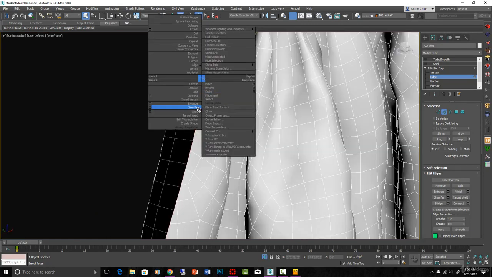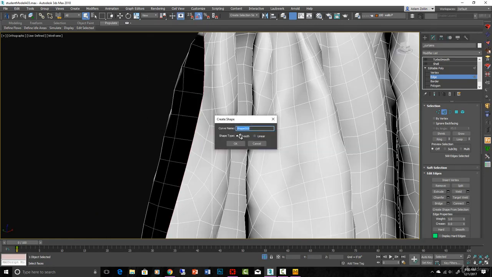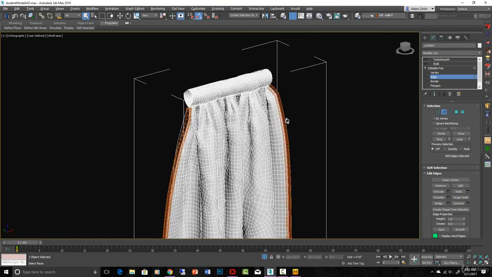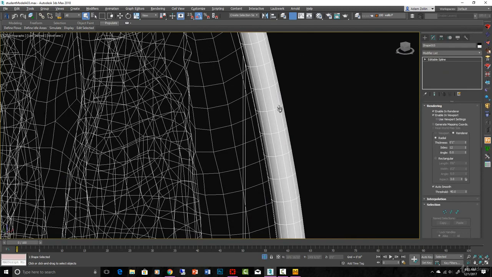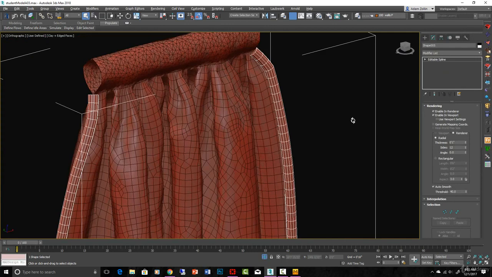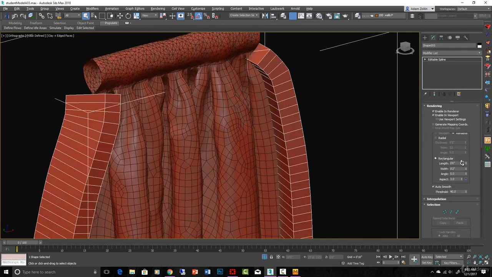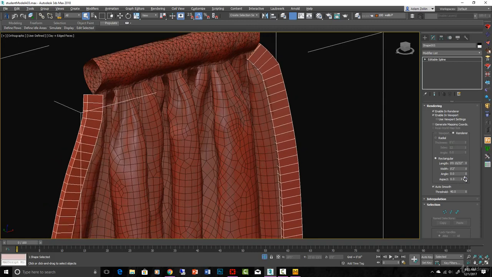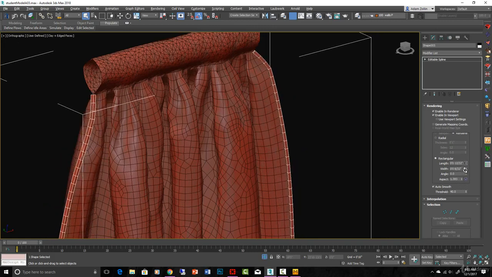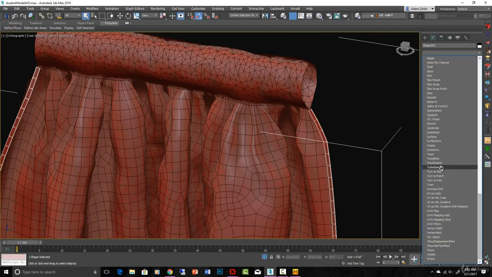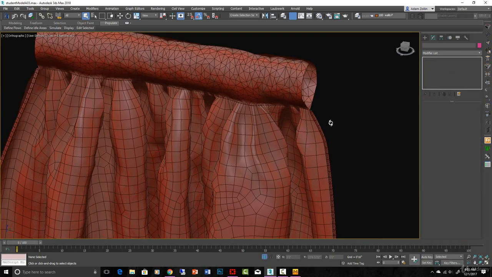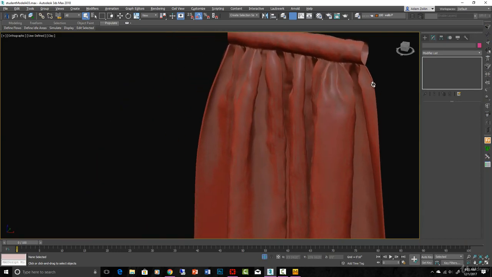Okay, and then from there you can just do a create shape, linear. Okay, and you can put manual edges on this where the fabric has been sewn back over itself to make an edge. Okay, so now that's just a renderable spline. You can make it rectangular like this, make it real small, right? Something like that. Then you could put a turbo smooth on that. Now it's got a nice edge on it,